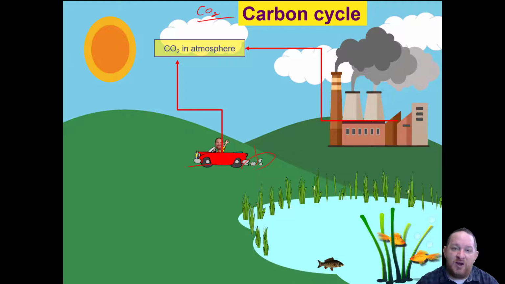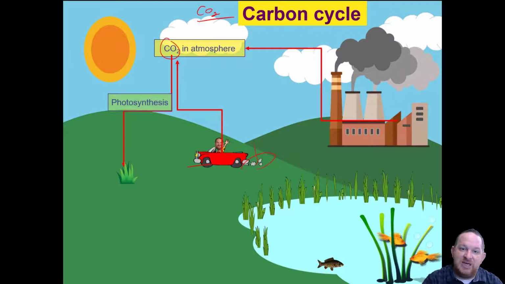Now you may say, well, that's all right, because I know that plants take carbon dioxide out of the atmosphere. And you'd be right. Carbon dioxide is taken from the atmosphere by the process of photosynthesis. In the Calvin cycle of photosynthesis, you may remember that the carbon dioxide is taken in by rubisco, the enzyme, and is added to a sugar. So photosynthesis takes out carbon dioxide. Now, we've got plants on land that do that, but as I mentioned earlier, there are actually a lot of plants and plant-like species in the water that undergo photosynthesis as well to take the carbon dioxide out.